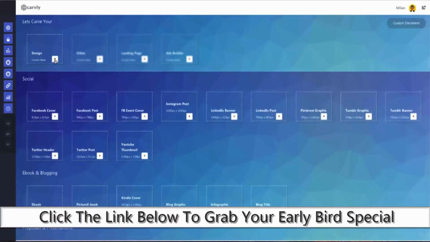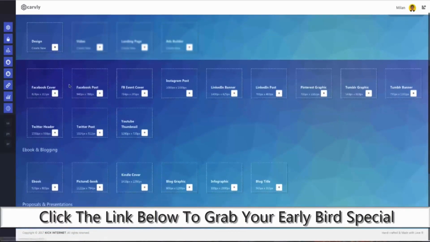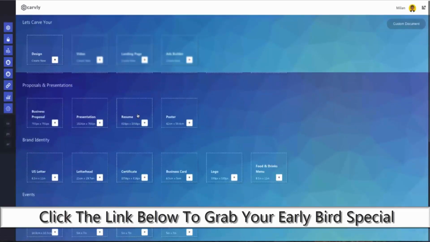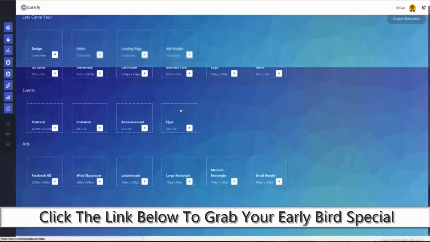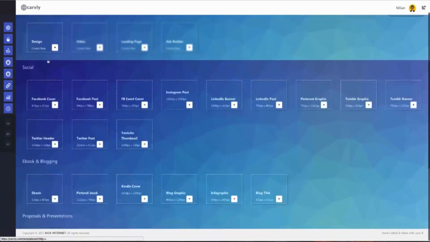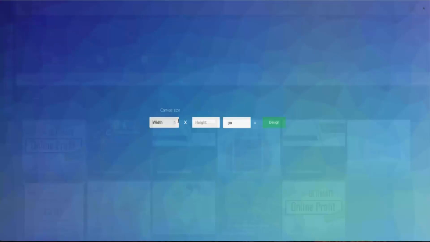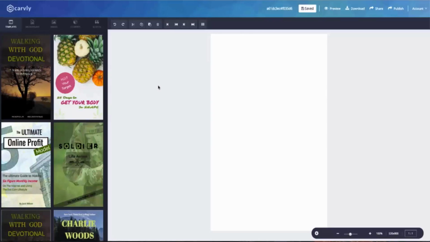So when we click on design, it opens up a vast range of predefined sizes for various documents. You can choose any, select the template, and let's get started. Or to start from the beginning, you can choose a custom size. Let's take a look at 520 by 800 pixels, which is basically an ebook cover size, and here we are